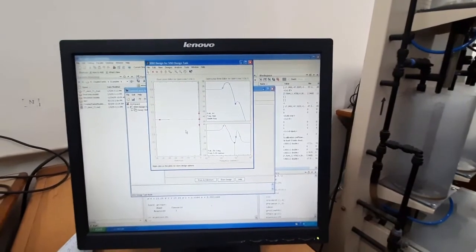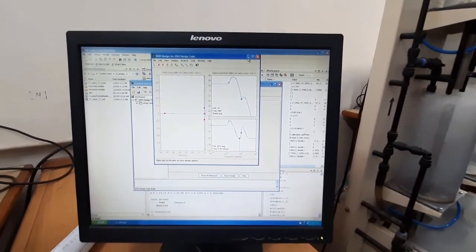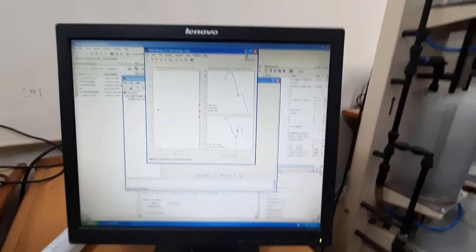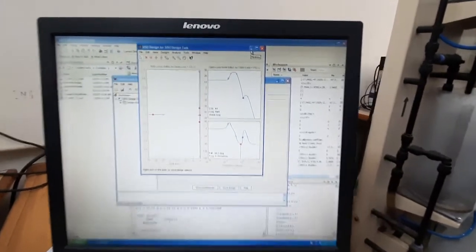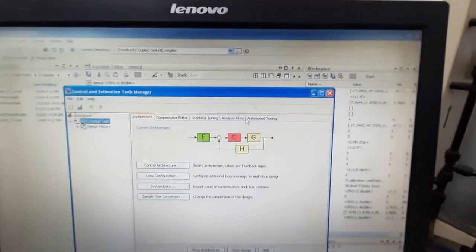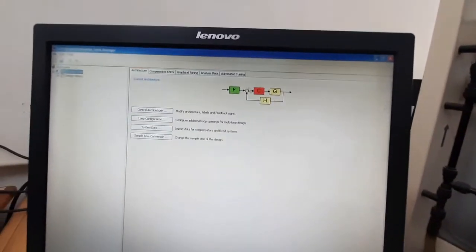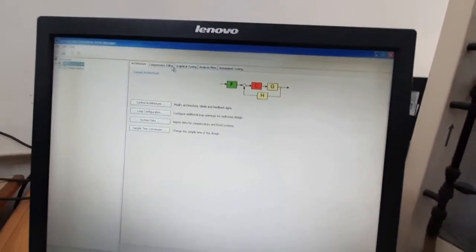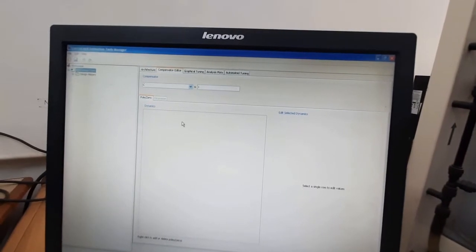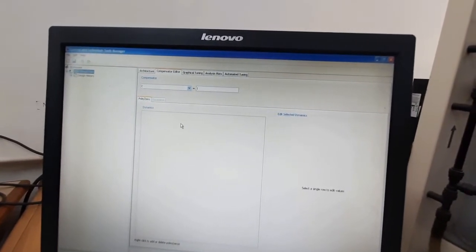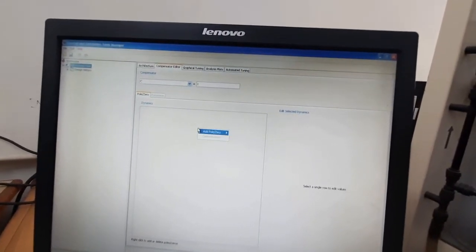There are several ways to design a compensator in our CISO tool that we have previously discussed. Here is that toolbox, here is our architecture. We will select this architecture, then compensator editor options are there. Here we can add poles and zeros, a lot of things we can add here.